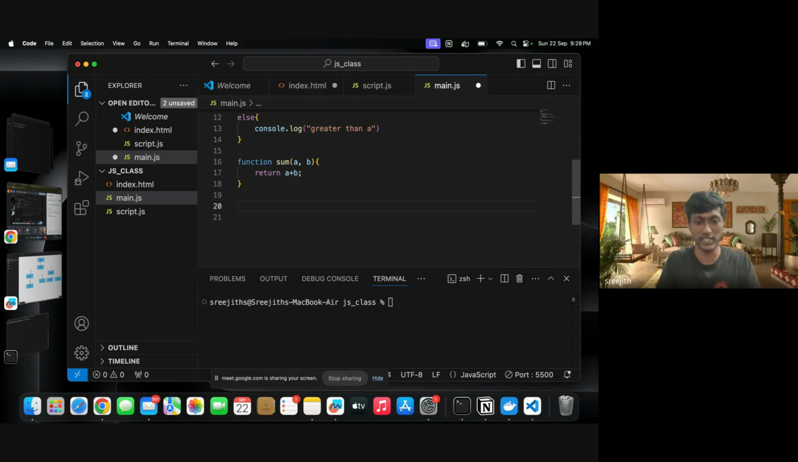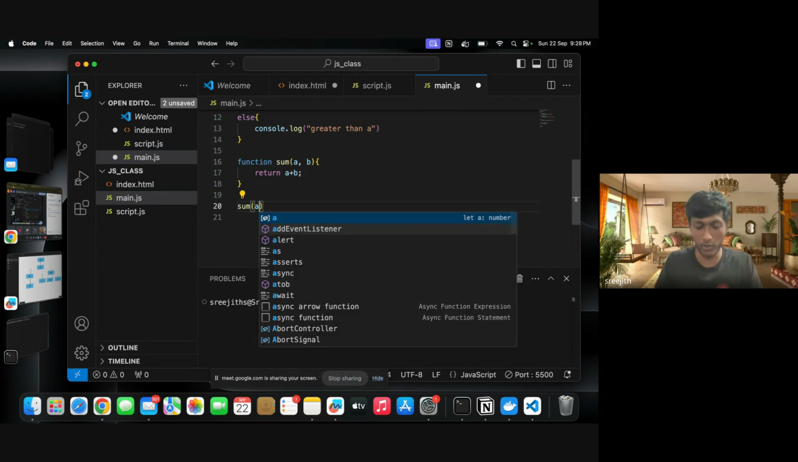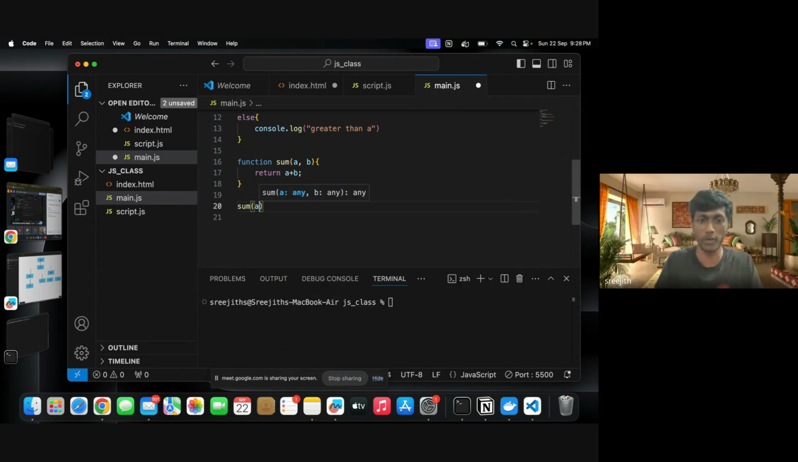And if I call this function, I have to pass two values. Am I going to pass a and b here? No, I'm going to pass the actual values, the values which I want to add. And if I call it, you can say, okay, it is